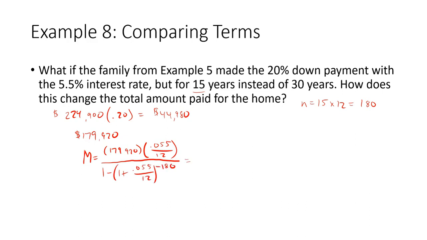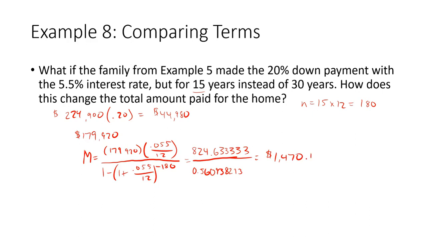If we calculate these values, in the numerator you'll get 824.633333. In the denominator, 0.560938213. And then we divide those two. The monthly payment,